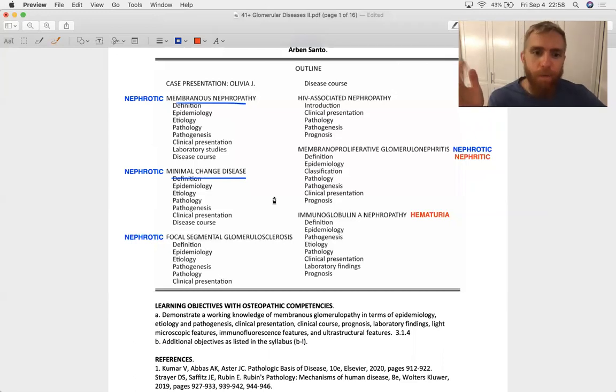Then focal segmental glomerulosclerosis. By now, you know sclerosis. That means something's thickening or hardening. And we've seen arteriolosclerosis, which is like a concentric thickening of the walls of a blood vessel. Well, that's what's going on in focal segmental glomerulosclerosis. Remember, focal means that not every glomerulus is offended or injured. Some glomeruli are still healthy. And then segmental means that within any individual injured glomerulus, you've got some patches of damage and then some healthy